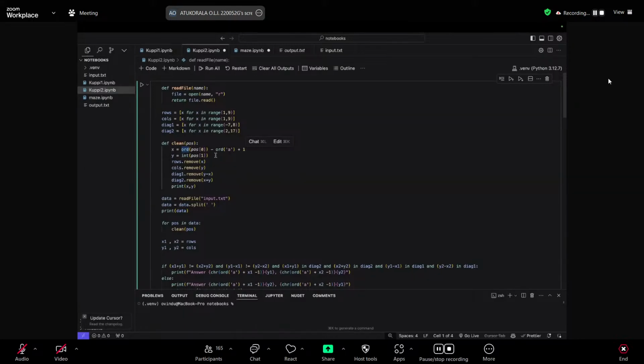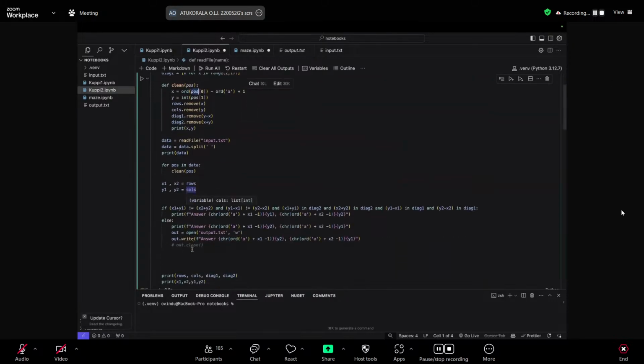I think it's ASCII or Unicode, one of the two. So let's see, I think. Yes, it returns the Unicode value, Unicode point value of a one character string. So that is what ord does. So it gives you the Unicode value of a one character string. So what this does is it takes the value.